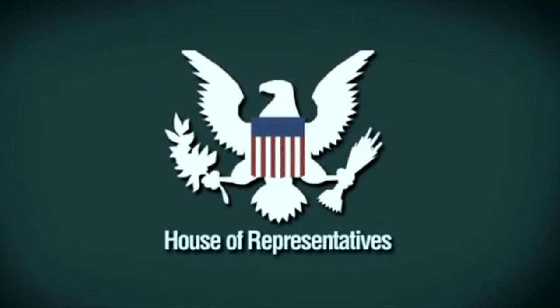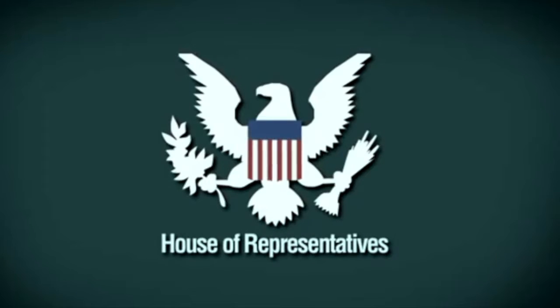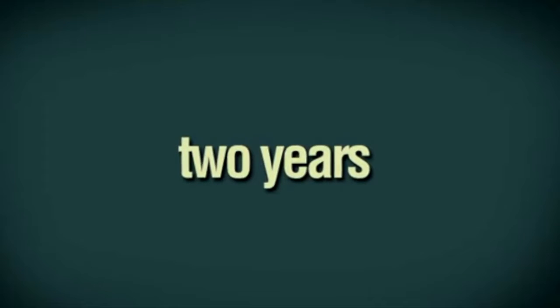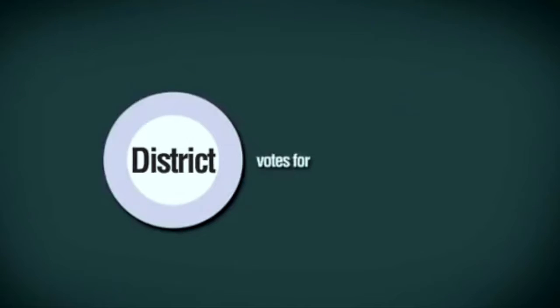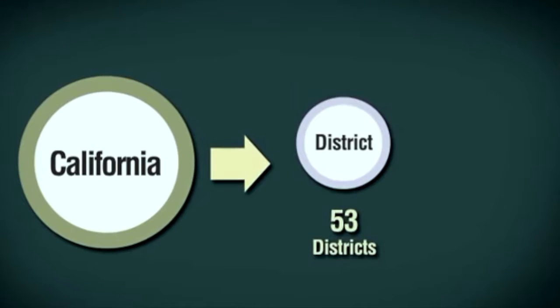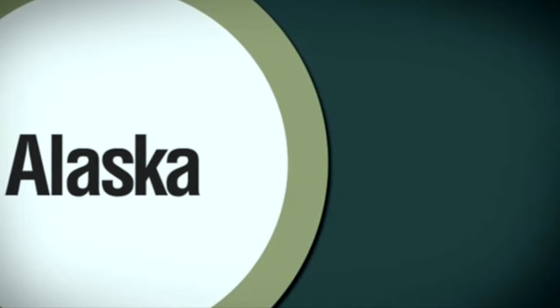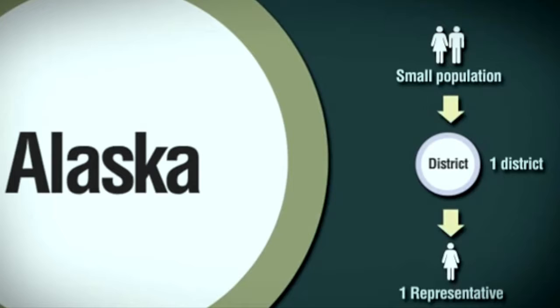The House of Representatives in the US Congress is designed to give a voice to the people of every local voting region of America. Members of the House of Representatives stand for re-election every 2 years. Each state is split into districts, and each district votes for one representative. The number of districts depends on the population of each state. For example, California, the most populous state, is split into 53 districts, so has 53 representatives. But Alaska, which is huge but has a really small population, only has one district and therefore only one representative